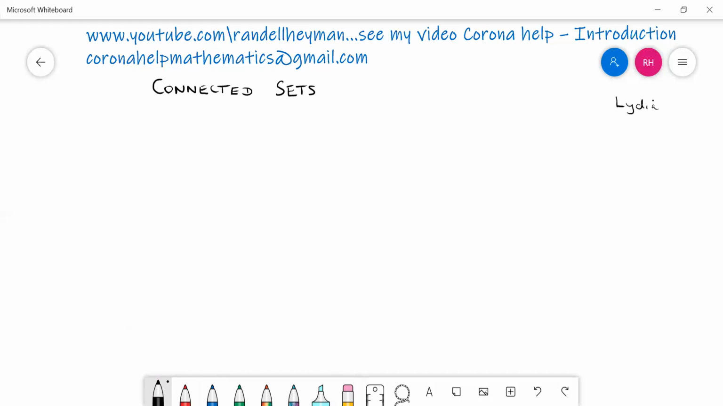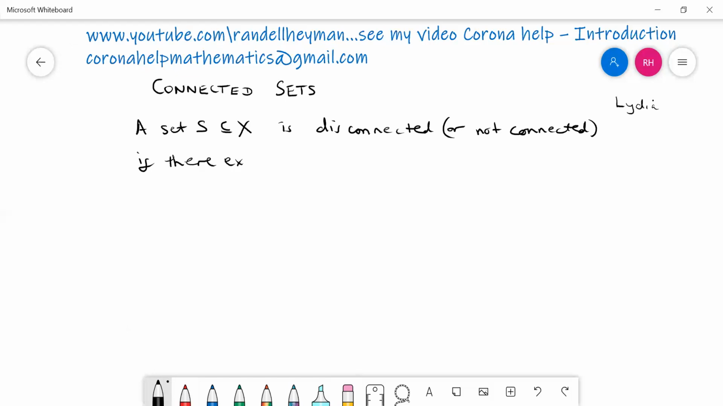Well, we'll start with disconnected, or not connected. A set S, which is a subset of a bigger set X, is disconnected, or we might say not connected, if there exist disjoint open sets U and V such that